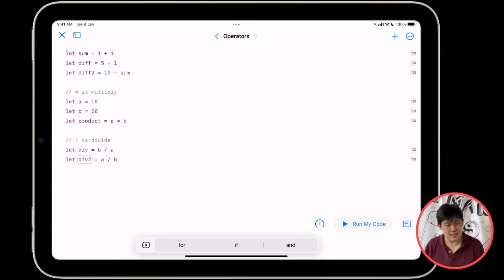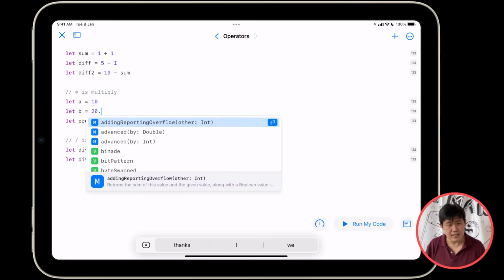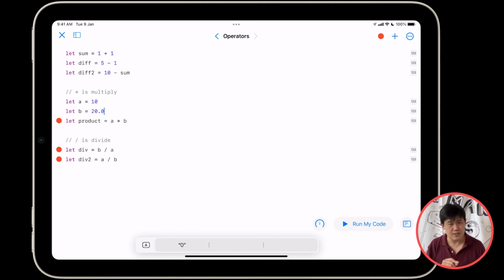Okay. How can you fix this? Well, you could fix it by changing them to doubles. But remember, you have to change both of them to doubles. See what happens when I change B to 20.0? Swift is all like, what? I can't do that. I cannot, in principle, take a double and divide it by an integer. And then here you are going, what? It's just taking 20.0 divided by 10. And Swift is like, no. So you have to make both of them into doubles. And things should work perfectly fine from there. Okay, so that's kind of weird, but that's just the way Swift works. Let's go tap on this to make sure we actually get 0.5.